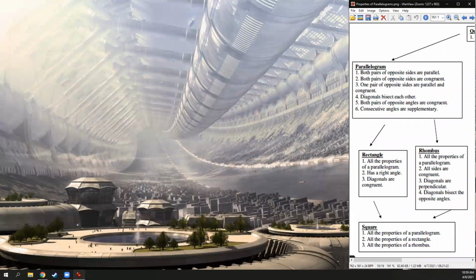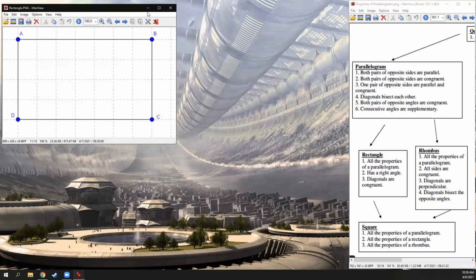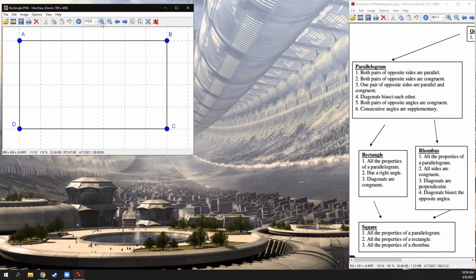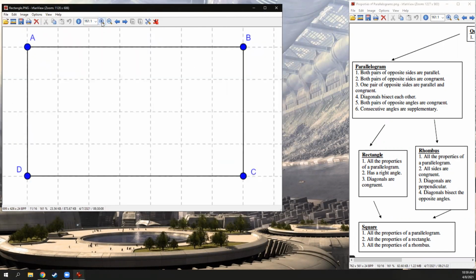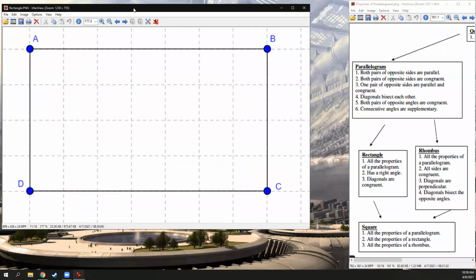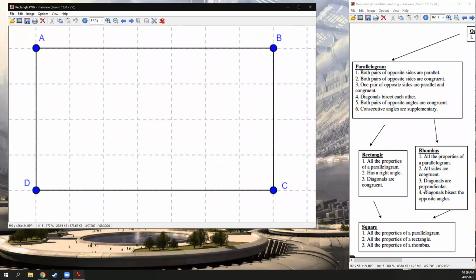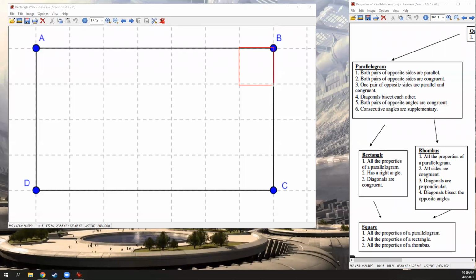Let's talk rectangles. This one shouldn't be too complicated for everyone. You all know rectangles. It's a rectangle, right? So one, it has all the properties of a parallelogram. So all of these properties apply. Every single one of them. They also say it has a right angle, a singular right angle, right? Well, if it has a singular right angle,